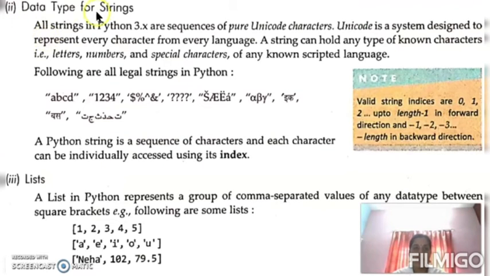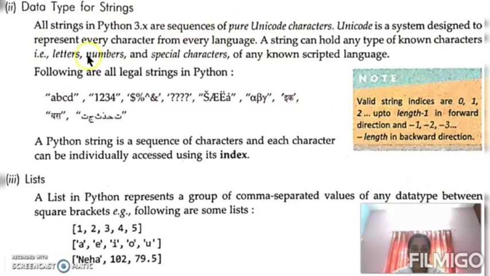Next is the data type for strings. What is a string? A string is a group of characters. Usually we use either double quotes or single quotes in Python to represent a string. Other languages use double quotes, but in Python, either double quotes or single quotes can be used for representing strings. All strings in Python are Unicode characters.